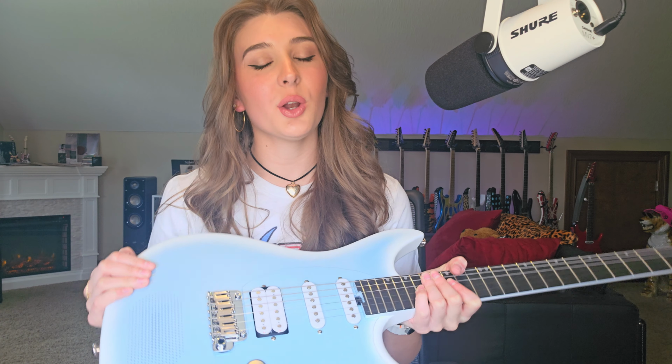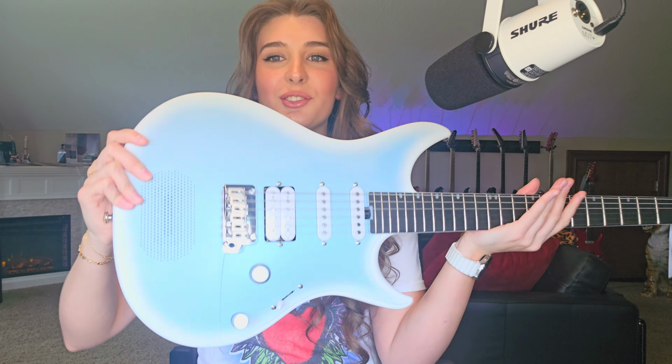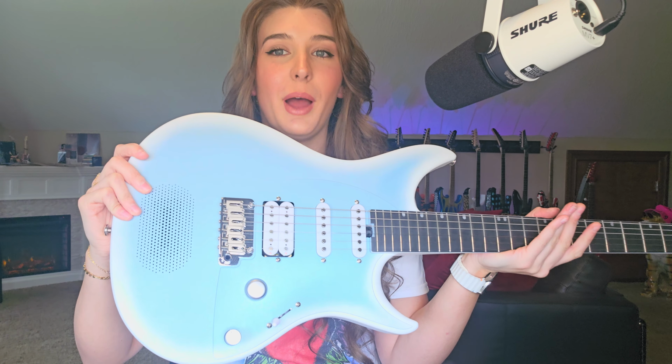Now, what I know you all want to hear about is the onboard speaker. We have upgraded from the Nova Go Sonic. That was a 10 watt. We are looking at a 15 watt speaker, which is a little crazy coming from a guitar. I mean, it's got this speaker right here, as you can see, and that is where the 15 watts are coming from. It is a really thin guitar, so just thinking that this guitar has so much power,